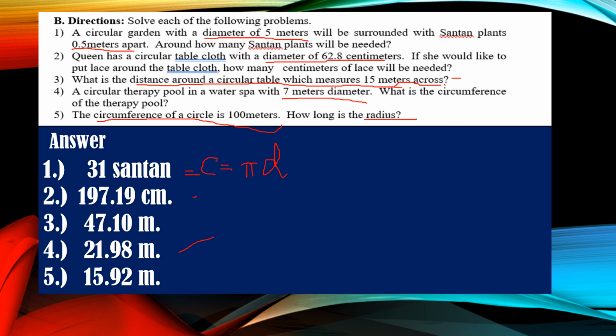So the given here is the circumference. And then we are looking for the radius. What will be the formula now? The formula is circumference is equal to 2 pi r. Okay? In order to get the radius. And the radius is 15.92 meter. Is there any question? Okay, if you don't have any question,